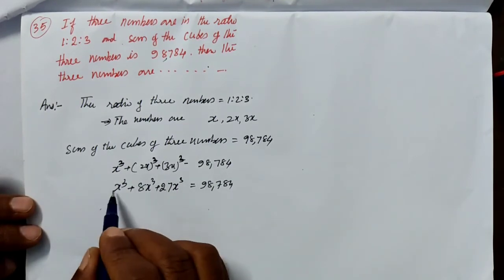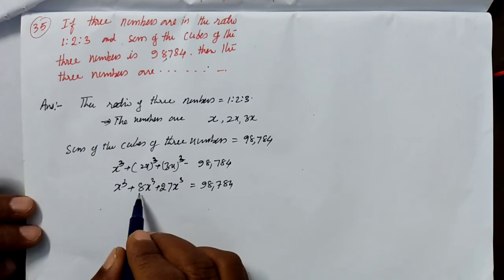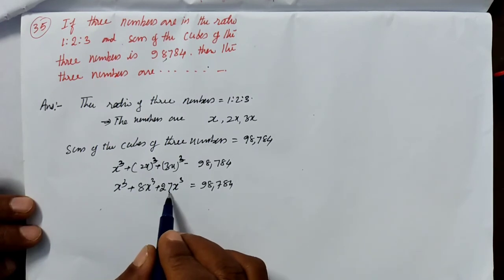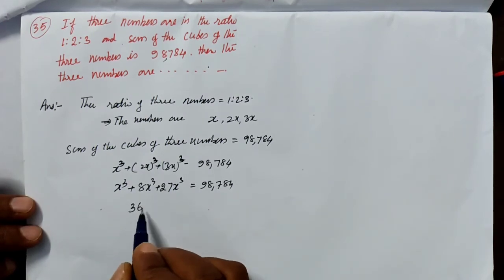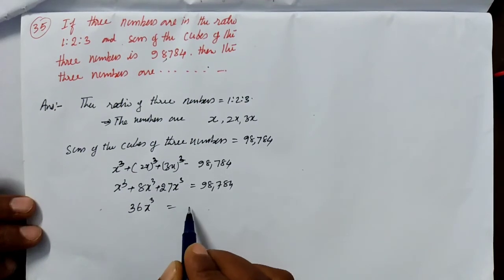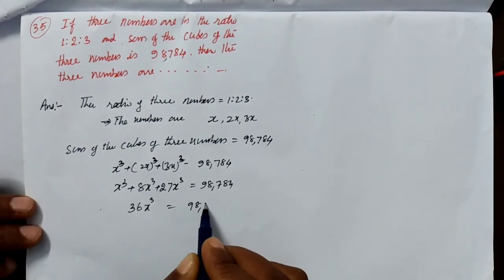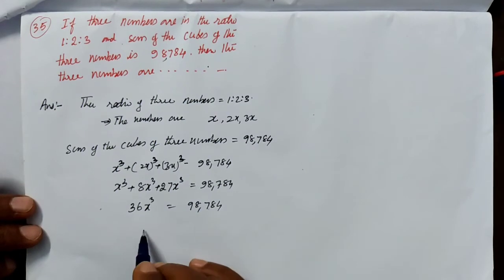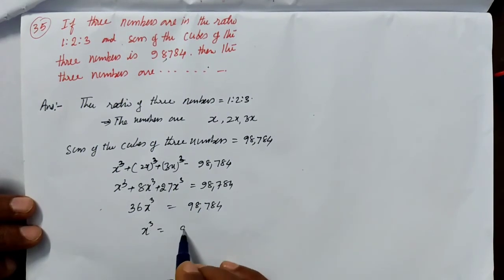So 1 plus 8 is 9, 9 plus 27 is 36. So 36x cube is equal to 98,784. Now x cube is equal to